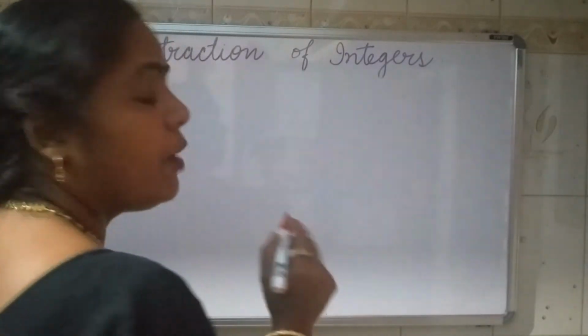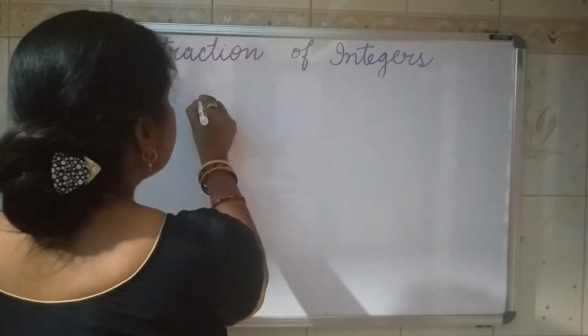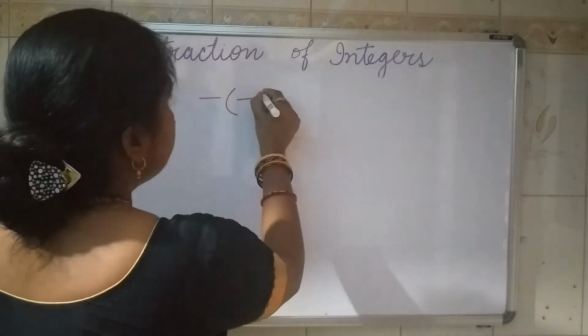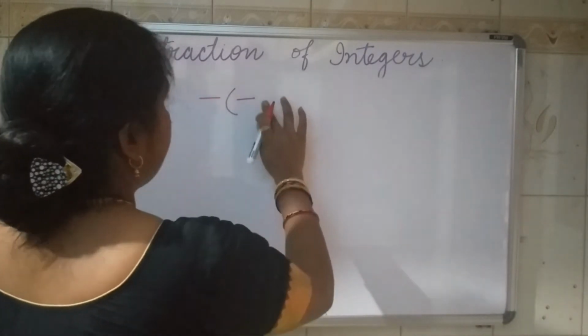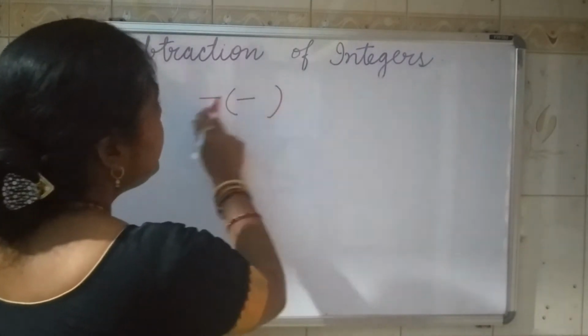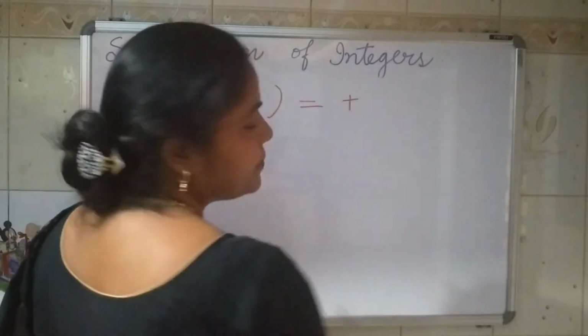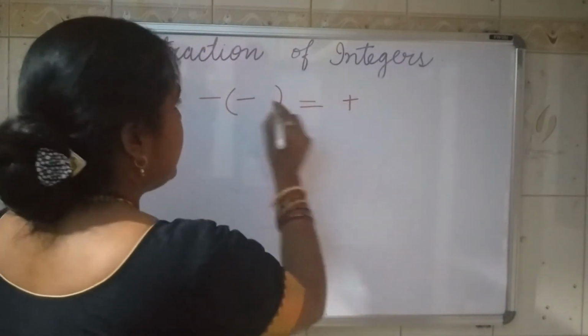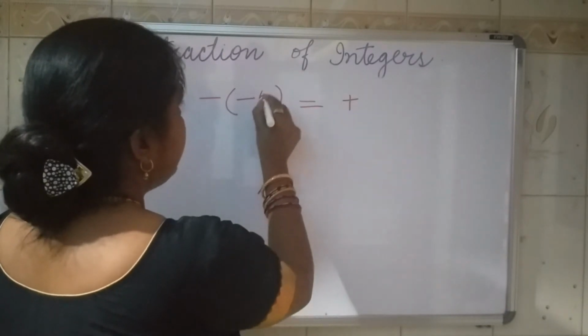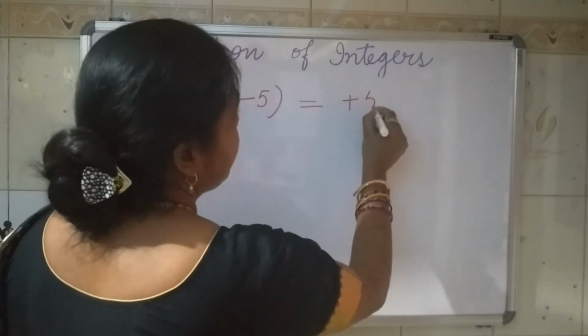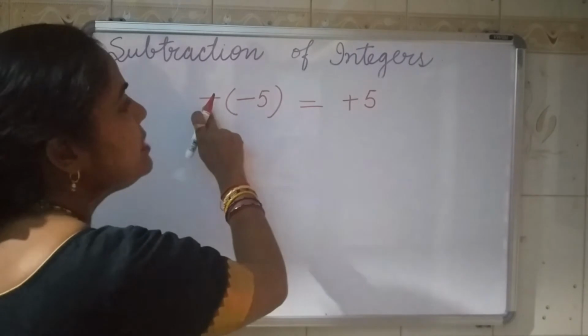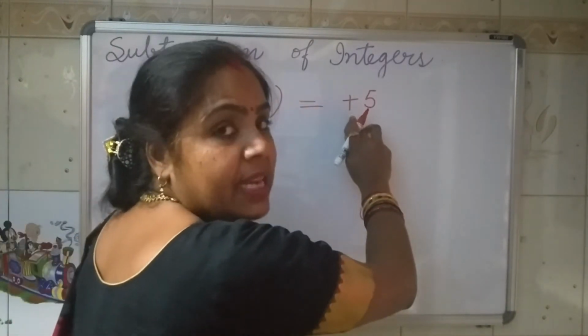Okay. Now what I was explaining to you: when we have to subtract any number from any number, we have to subtract it. Okay. So minus minus means it is plus, with the plus sign. This number is for example minus 5, so it will be plus 5. Why? This minus and this minus will multiply together and make it plus.